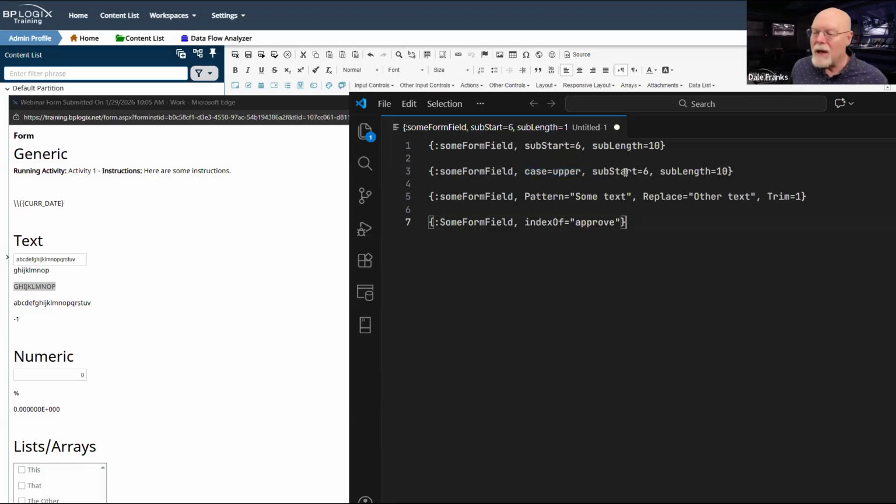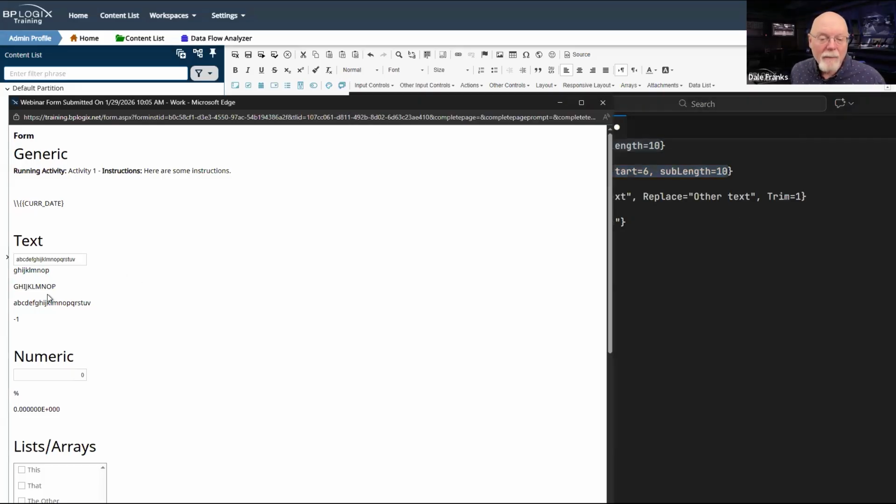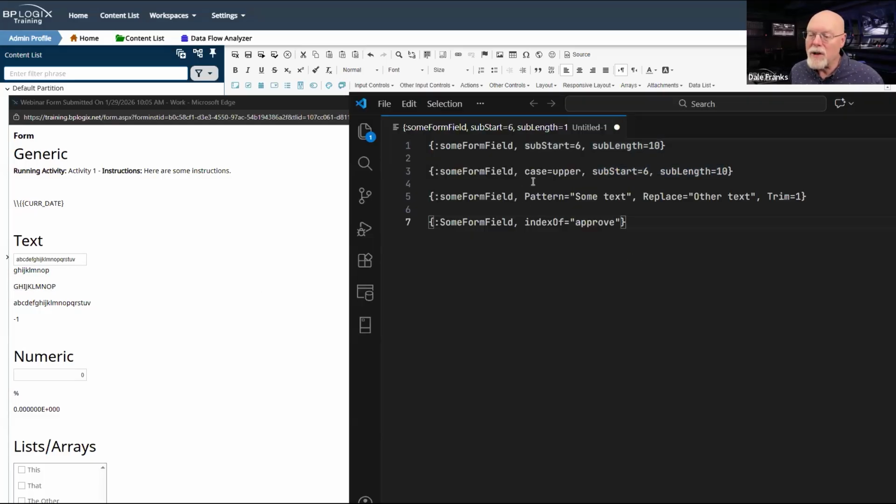In this case, I'm using it in conjunction with the substring search we had up here at the first. I've just added case equals upper, and now it returns the same data, but all in uppercase. There is also a case lower, so you can convert everything to lowercase as well,